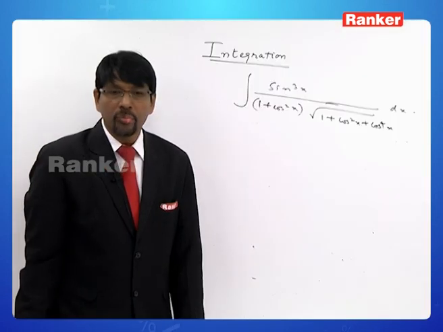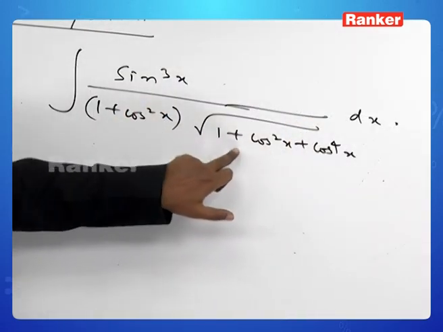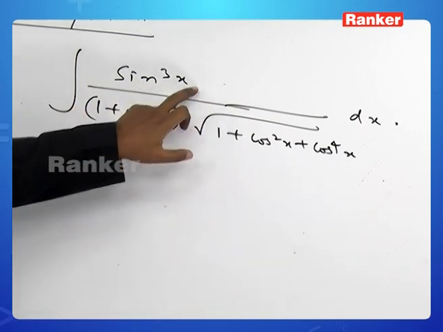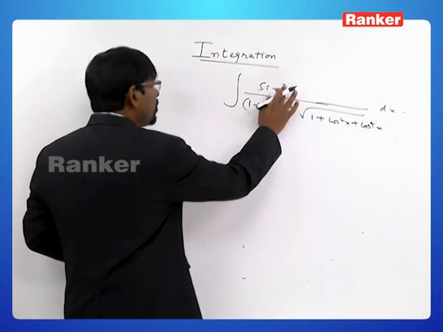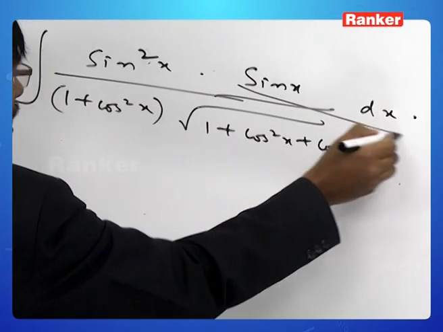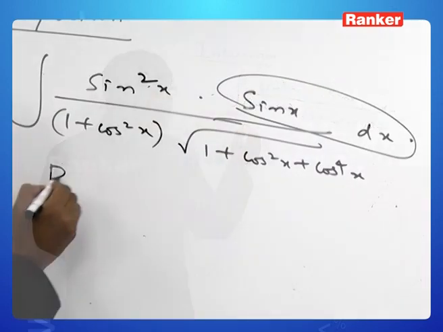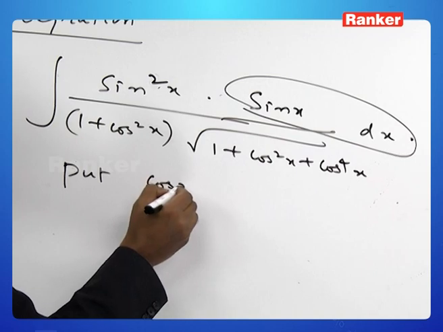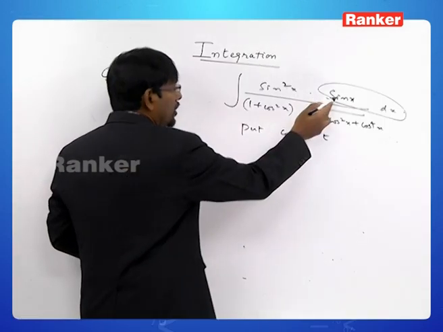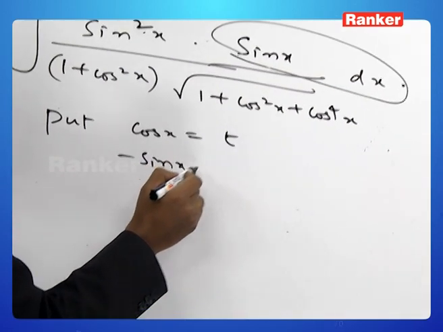Now, if you see in most of the options, the terms are involving cos, and do I have a sin x dx in the numerator? Yes, I do. So I will separate out a sin x from here. Now this becomes the differential of cos x. So it is apt to put cos x as t. Then we are almost getting minus sin x dx is equal to dt,